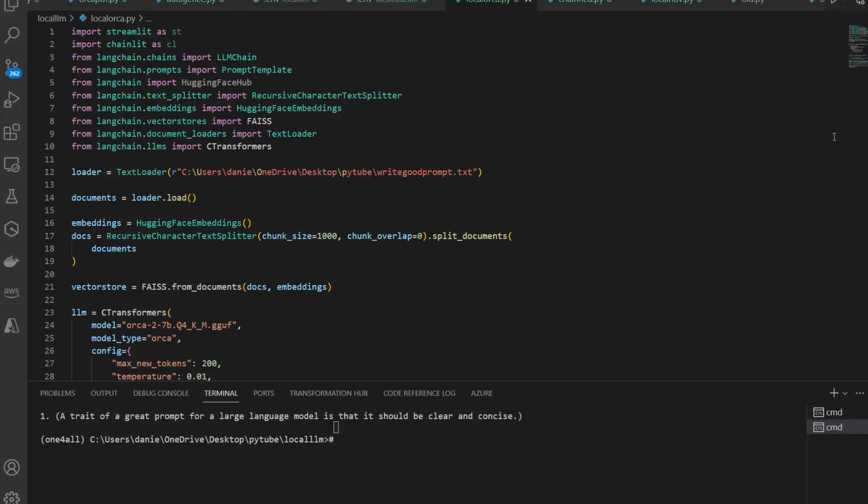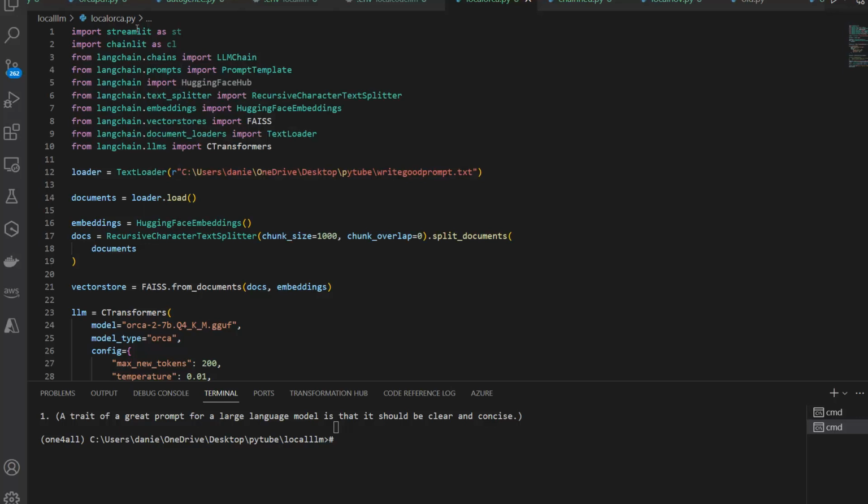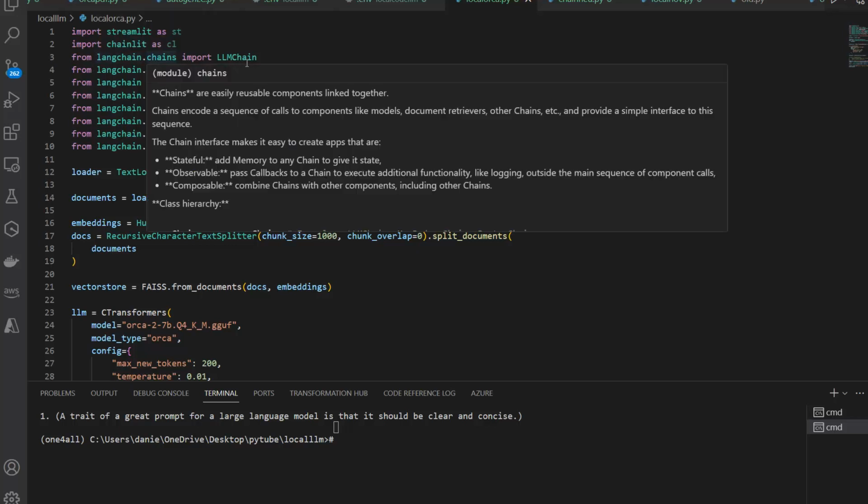if you want to, you can do it yourself or ask in the comments and I can create another video. But in this case I also imported Streamlit and Chainlit here, because I used them as web front ends, so to have a nice GUI. But in this video, I just want to stick to the command line, which in this case might be a little bit simpler. So for that, I just go in here and say from LangChain chains, I import the LLM